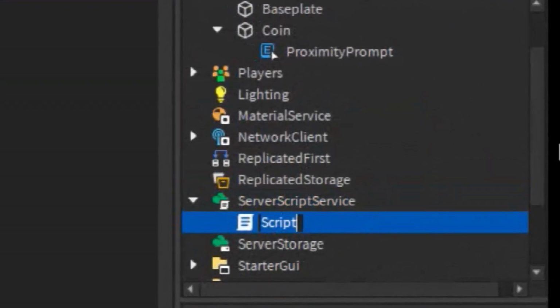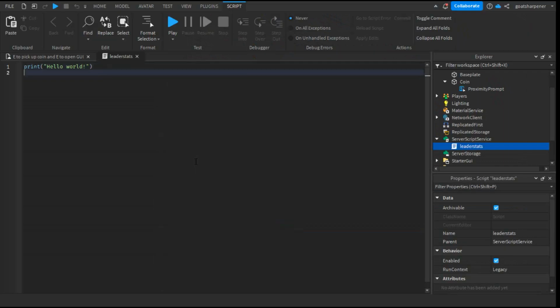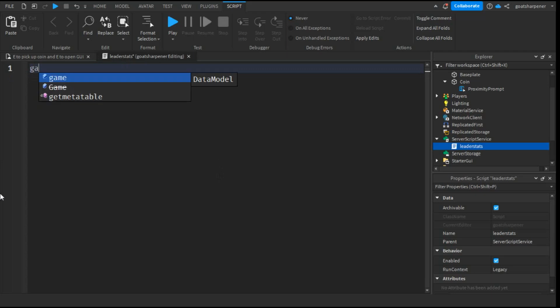Now that the coin is done, we're going to go into the ServerScriptService and insert a script, and you can now follow what I write. So the script that we're going to be creating is a simple leaderstat script. If you want to know more, or like how to add more values, you can check out the video on the top right of the screen right now or on the end screen. So what we're going to do is delete hello world and then write